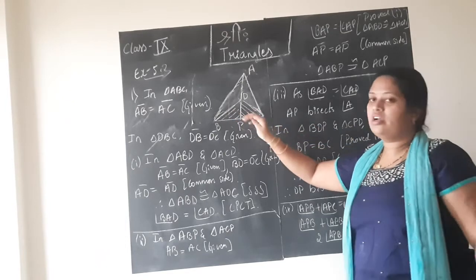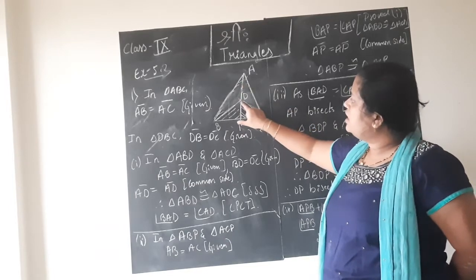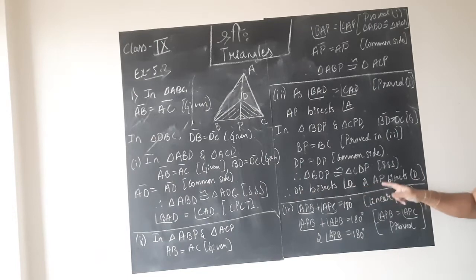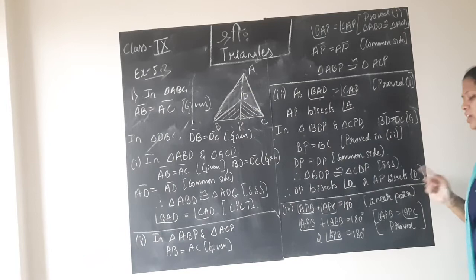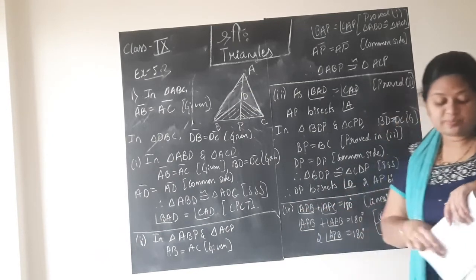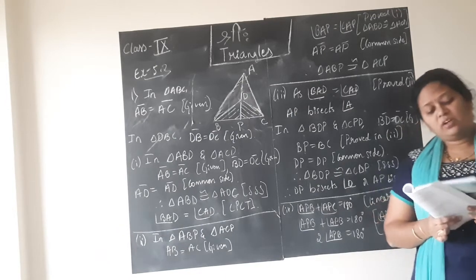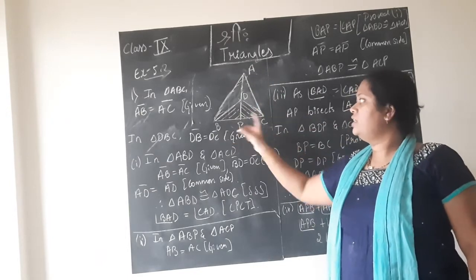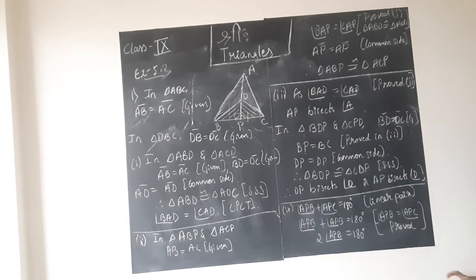Once we prove this is congruent to each other, and AP is bisector for angle A, similarly DP is the bisector for angle D. So DP is bisector for angle D, and AP becomes the whole line AP, altitude AP, becomes the bisector of angle D. So we proved. In the fourth part, fourth sub question, they asked us to prove that AP is the perpendicular bisector of BC. So AP, the altitude we drew, that is the perpendicular bisector of BC, we need to prove angle P is 90 degrees, nothing else.